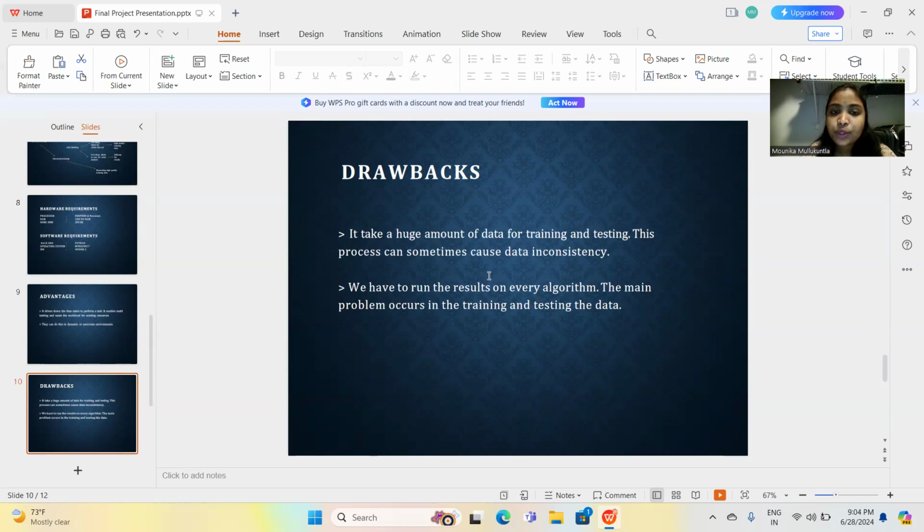And dependency on human expertise. As we have discussed here, most of the project relies on domain experts, such as medical professionals and scientists. In some cases, professionals are limited, so that can slow down the machine learning process, which affects the whole process. And sometimes it also reduces the quality and accuracy of the contributions over time.